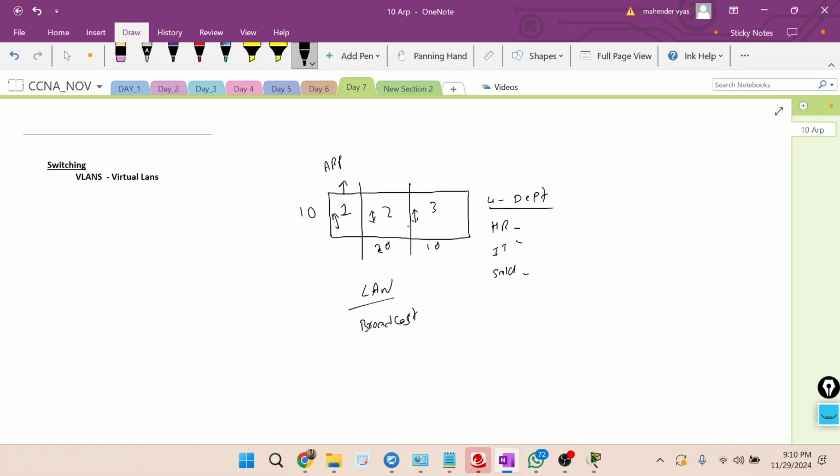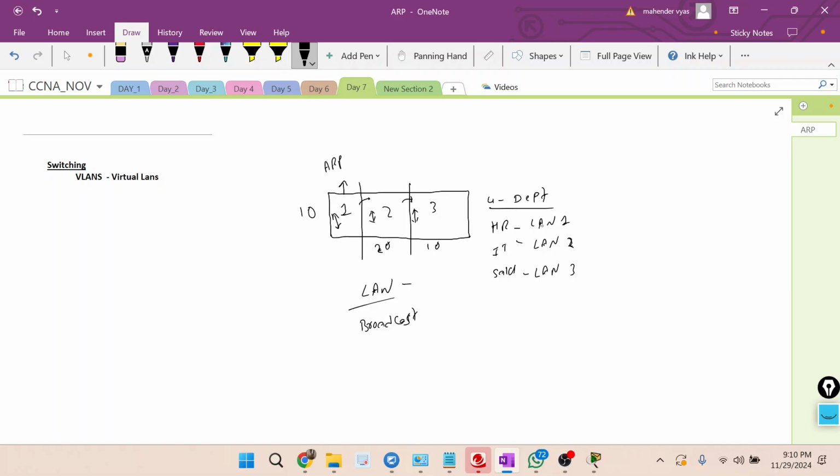That's how the switch behaves when we have one big LAN. But if you don't want HR's ARP or broadcast to go to other departments, we can virtually create different LANs. HR would be part of LAN 1, IT would be part of LAN 2, and sales would be part of LAN 3. Okay.